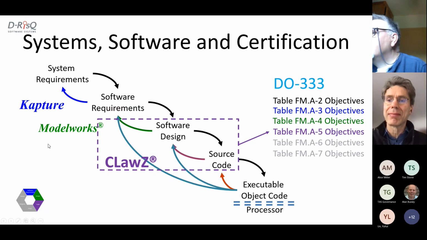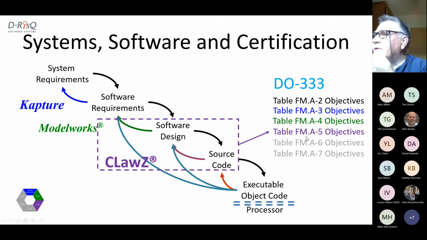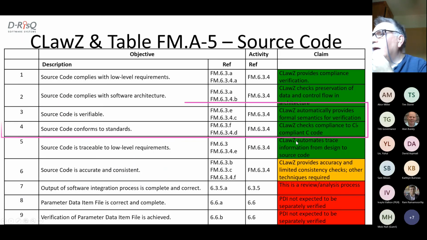Right. So that's where Clause fits. And it addresses the objectives in table FMA5. Still, some of these you can't support because they're things like parameter data item files correct and complete. That's to be done separately. Output of integration process complete and correct. Again, it's kind of review analysis. So it's not a silver bullet. There's still these things that have to be done manually, but it's reduced the effort quite considerably, and it has